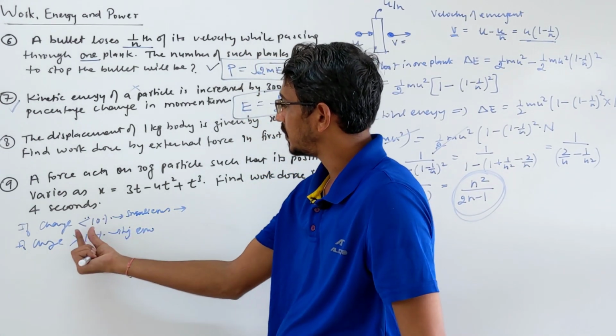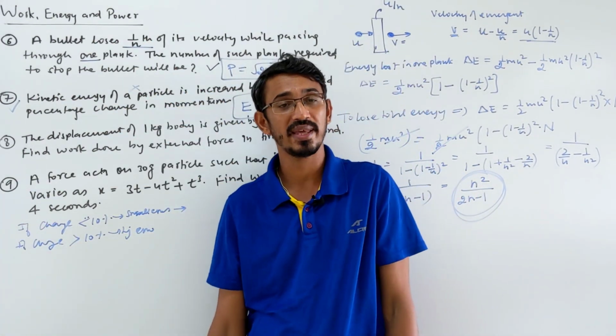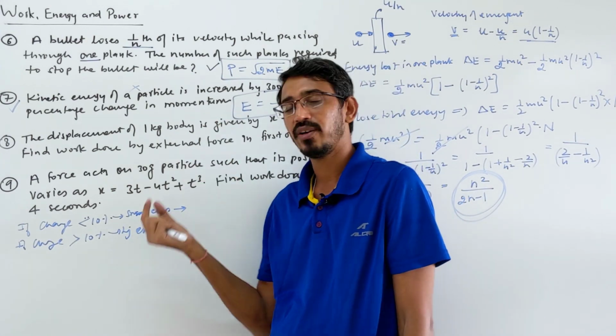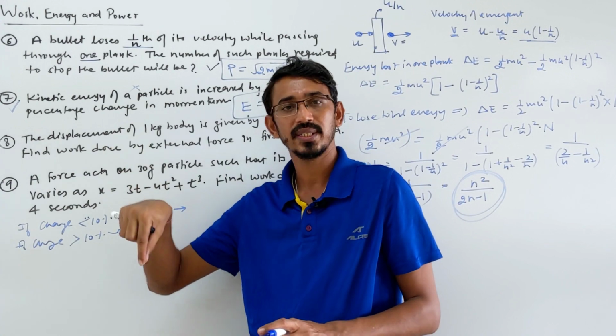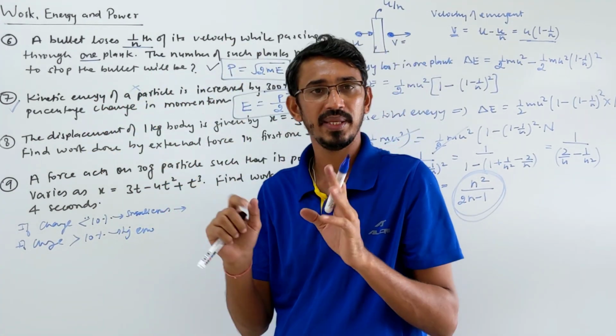Small error, when the change is less than 10%, you have to use the rule of the first chapter, units and dimensions, error problems, okay? If you have not learned that chapter, please go through the error topic of that chapter and learn it. We do small error, small increase or decrease, correct? In that chapter they call it error, and in this chapter it is called increase or decrease, but the meaning is the same.